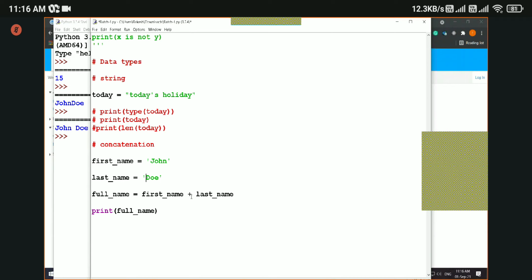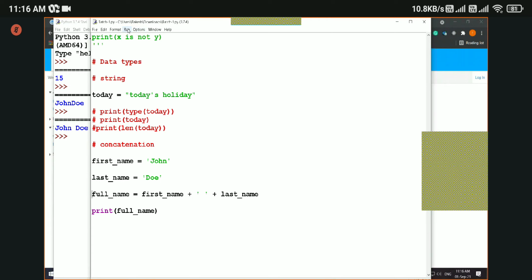So in that case, we need to add an empty string here, between first name and last name. How do we do that? We'll simply define an empty string like I said. See, first name plus space plus last name, right?